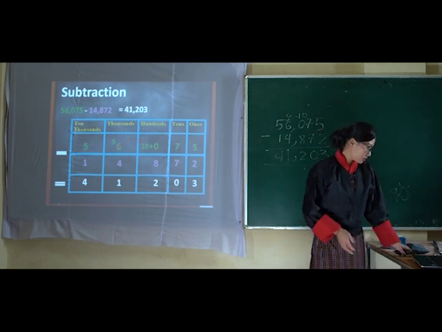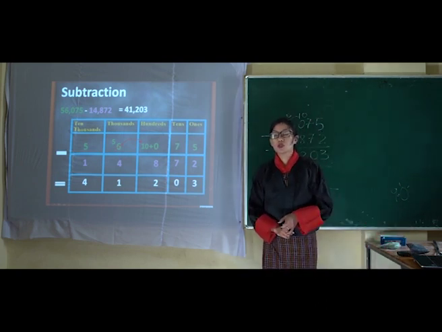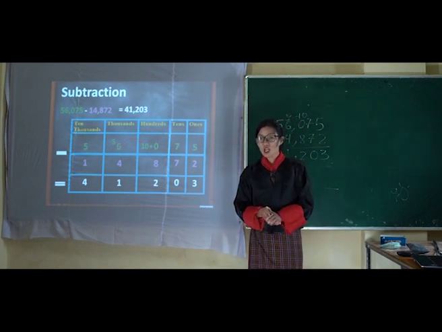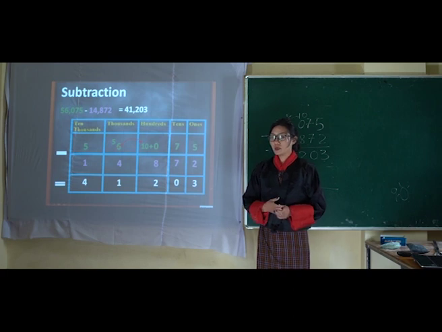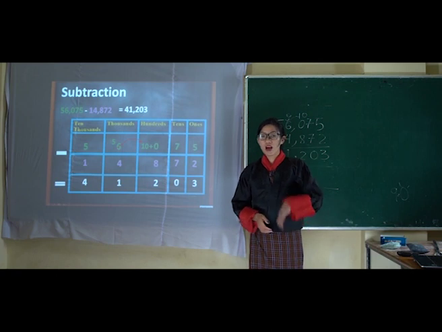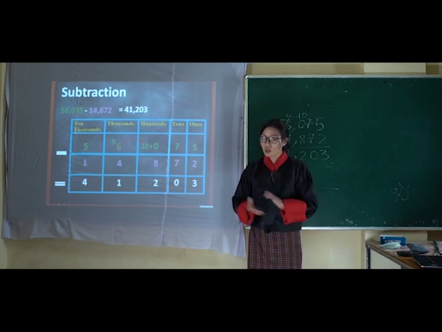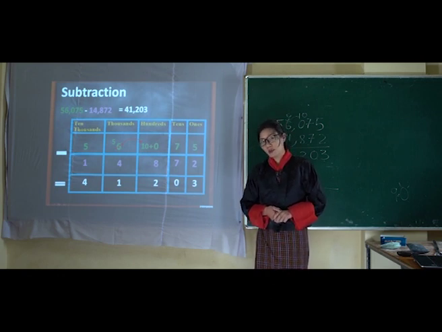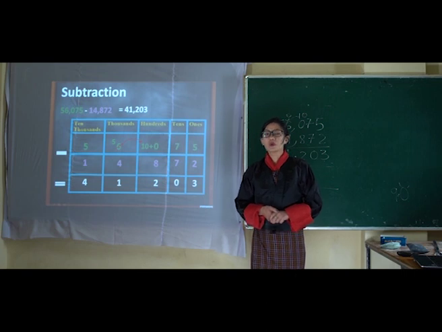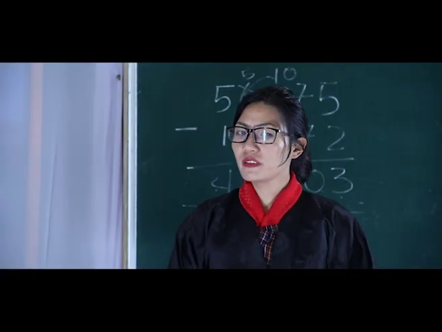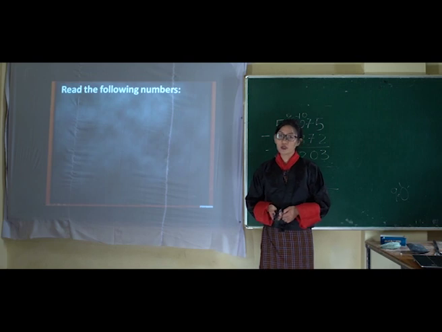Now that you have learned how to read 5-digit numbers, 7-digit numbers and 10-digit numbers, you would be able to read any number which has that many digits. Please remember, 5-digit numbers are 10,000s, 7-digit numbers are millions, and 10-digit numbers are billions. Also, do not forget the periods and when to put the comma. As we have come to the end of the lesson, here is an activity for you to do in your